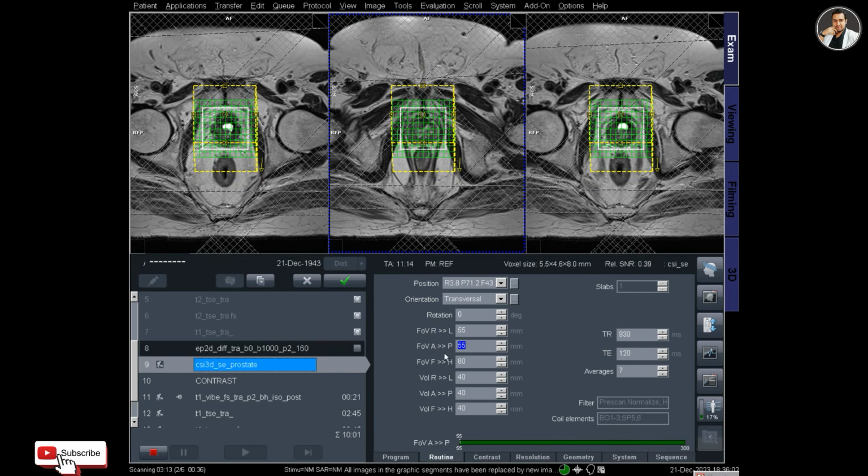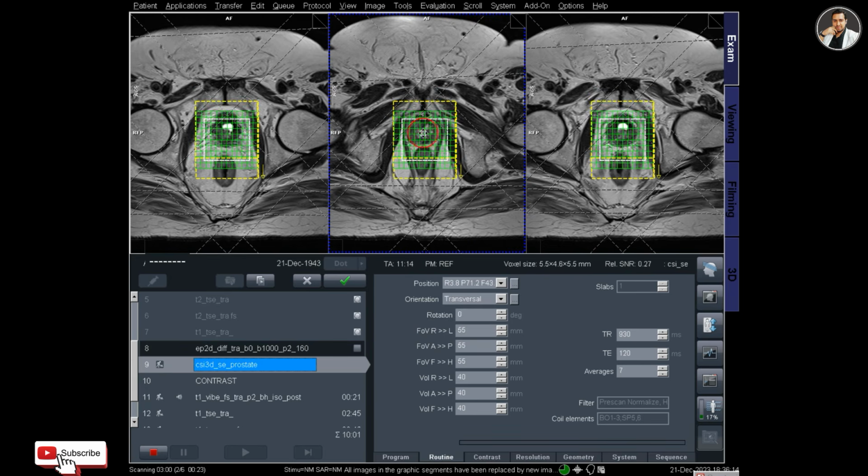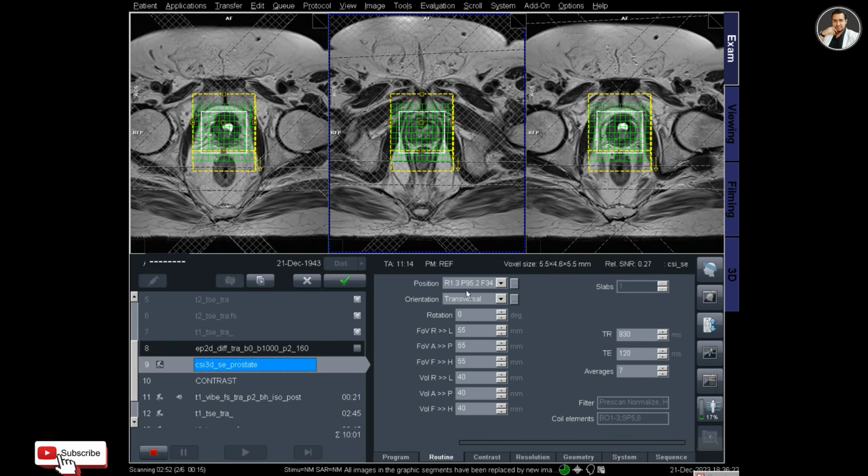I am decreasing the field of view to the right, left, and anterior, posterior, and also the foot head direction, and make sure that the field of view is just at the middle of the prostate, that the whole prostate is covered by the MRS boxes.